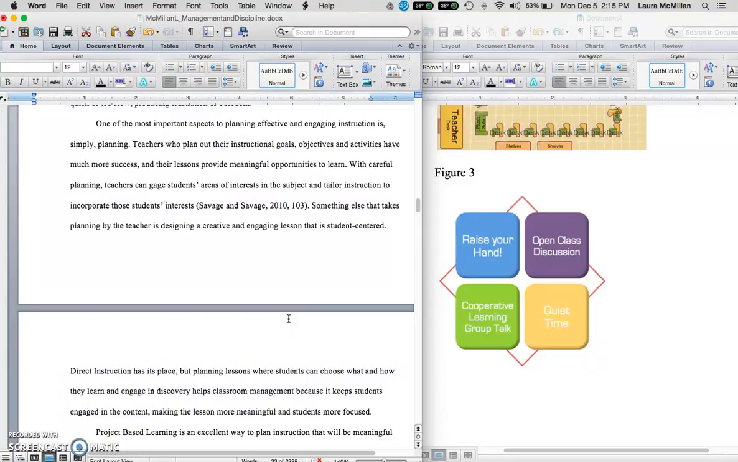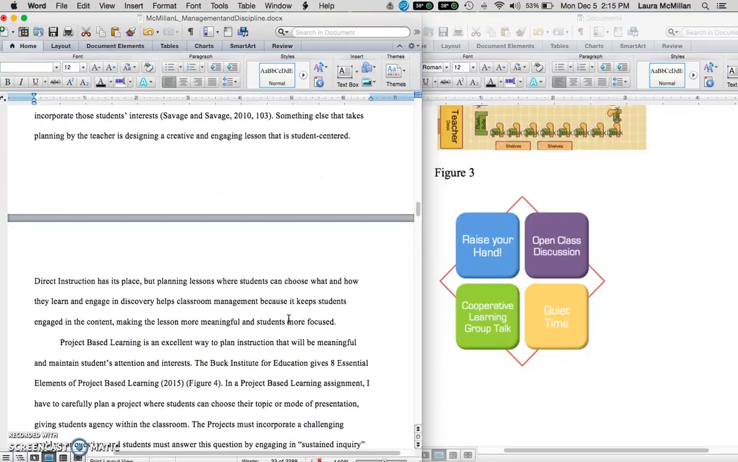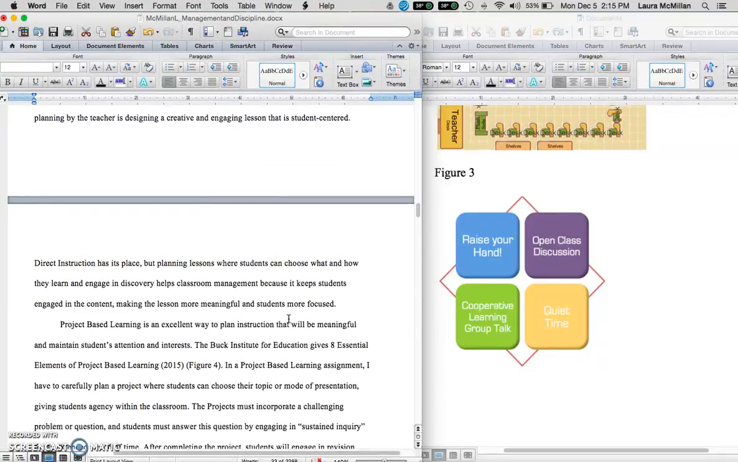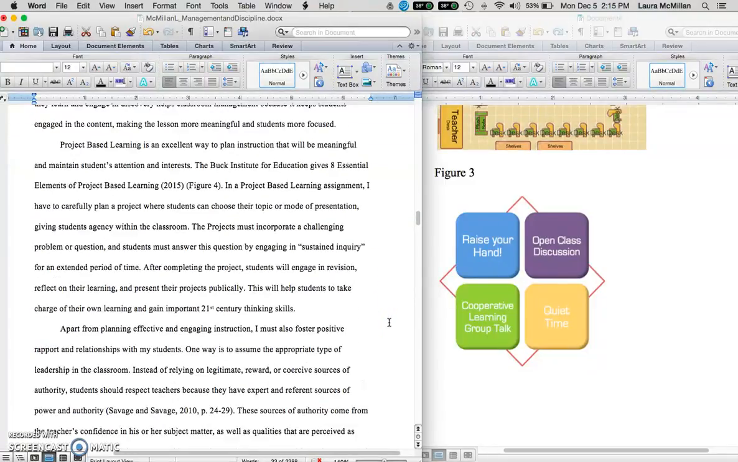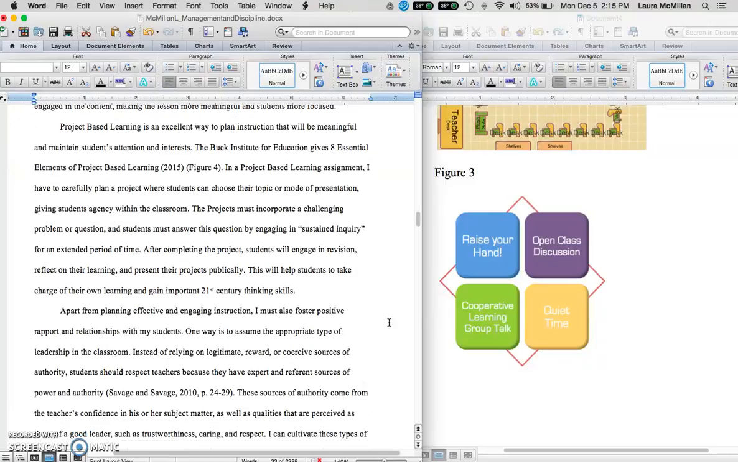Something else that takes planning by the teacher is designing a creative and engaging lesson that is student-centered. Direct instruction has its place, but planning lessons where students can choose what and how they learn and engage in discovery helps classroom management because it keeps students engaged in the content, making the lesson more meaningful and the students more focused. Project-based learning is an excellent way to plan instruction that will be meaningful and maintain students' attention and